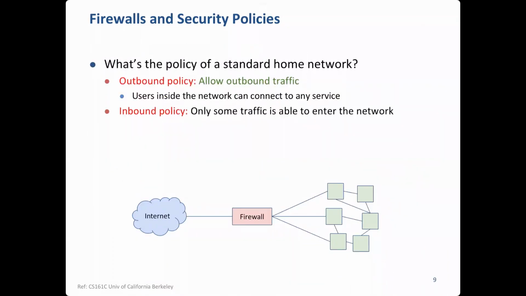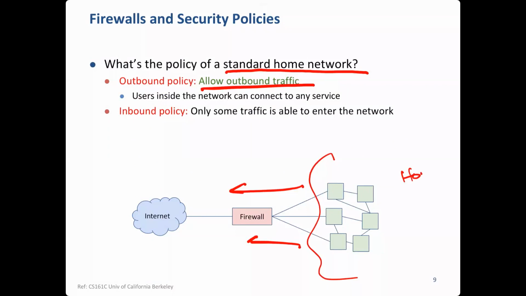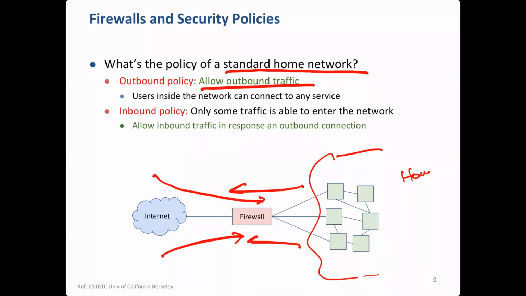So a very simple policy which we normally apply to home networks is to allow outbound traffic, allow everything that's going out, because ultimately everybody at home is honest and your machine is an honest machine. Okay? But inbound, anything that comes inside should be checked. Now you can have a very simple rule: if something is coming back inside in response to some request you made, then allow.